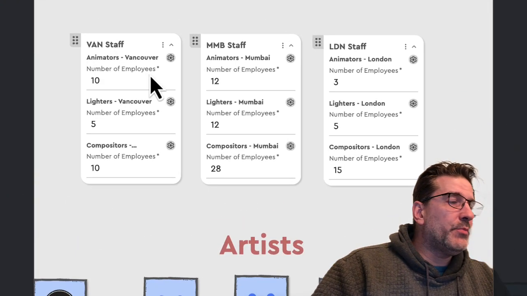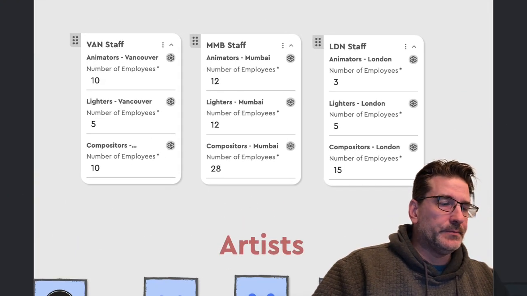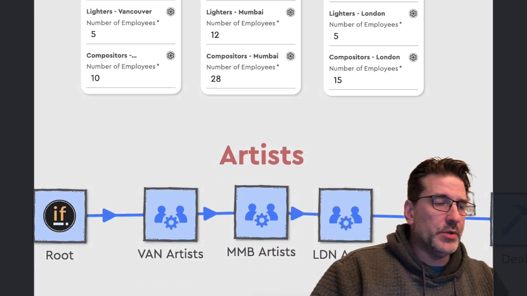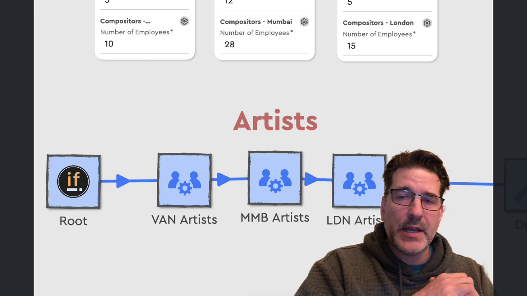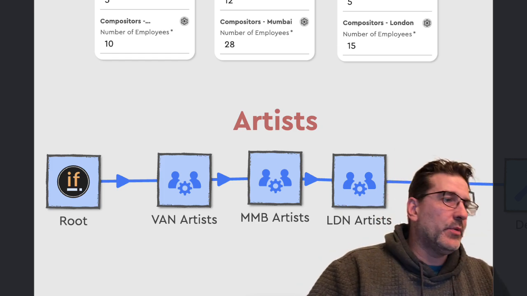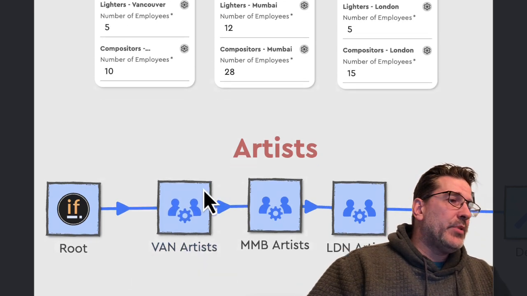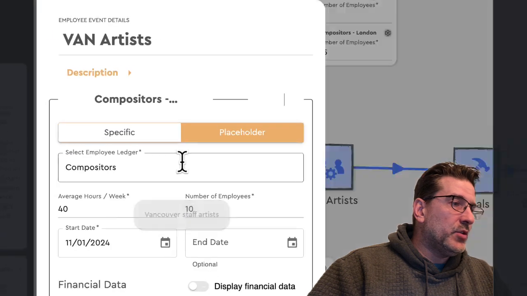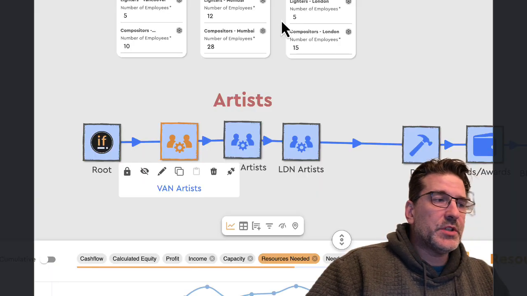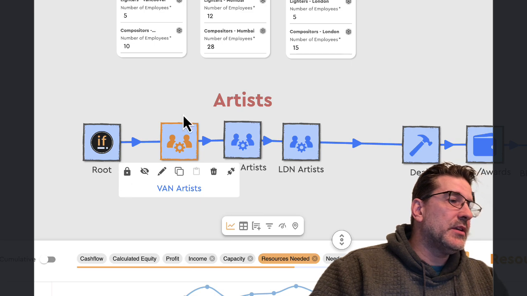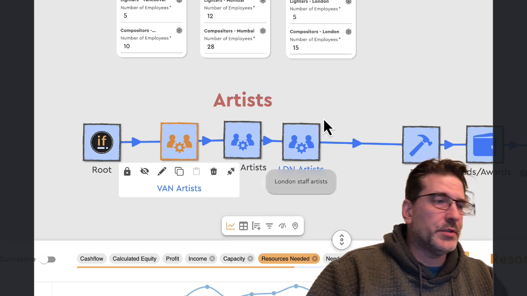So one, you can pull out any drivers, you can edit them up here, so you don't always have to be in the nodes. And in a relatively soon version of the software, there will be a dashboard here instead, so you're not always having to deal directly with the nodes. But here, for example, I'm establishing how many artists I have in Vancouver, right? I can give them an amount, a salary, accounts, start dates, end dates, and I'm establishing the number of artists that I have in all 3 locations, okay?